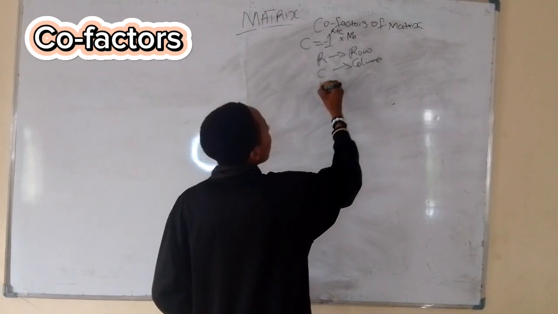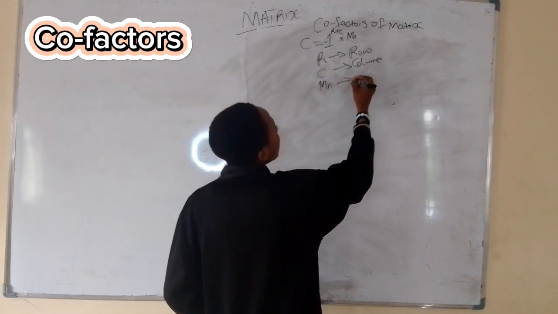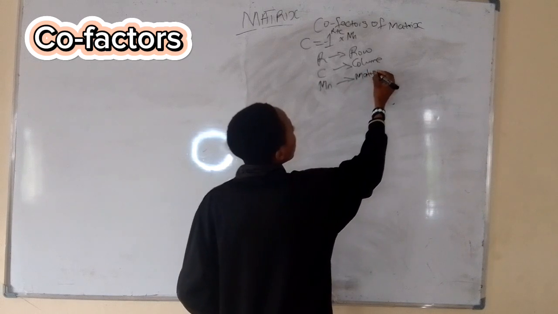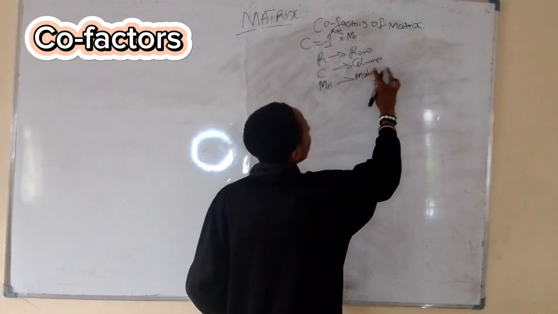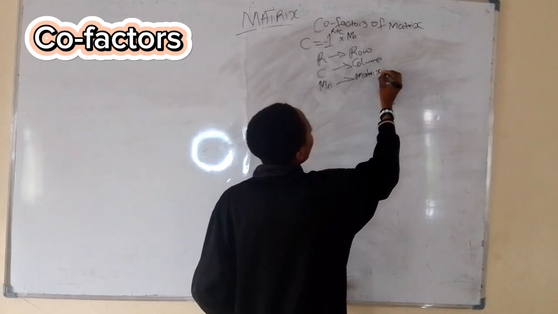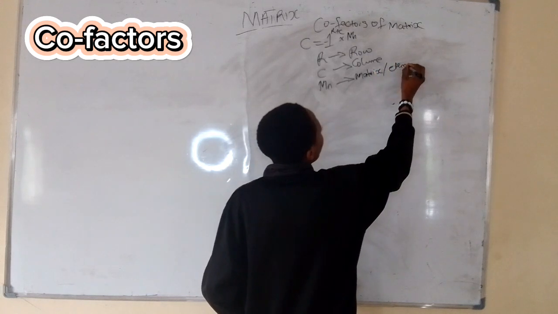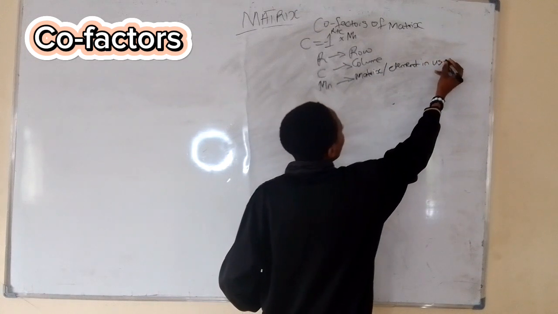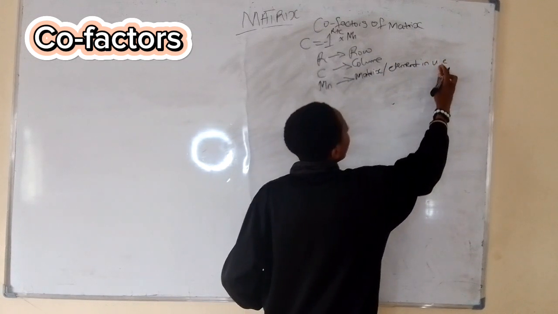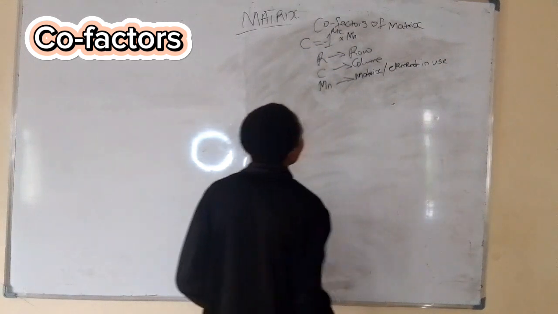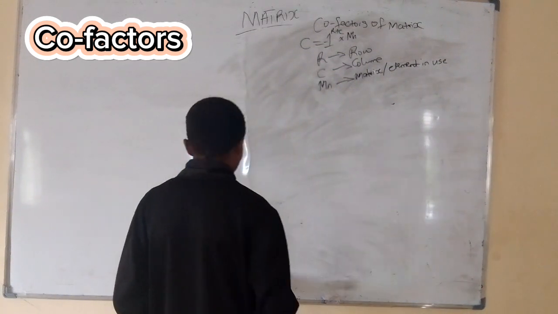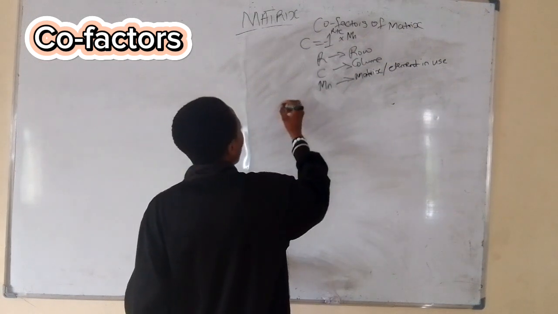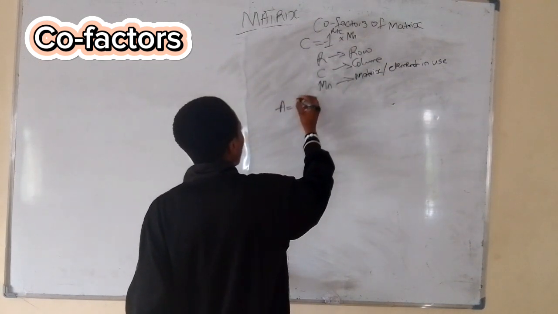Then N is the element that you are using. So now let's solve something with it. For example, we have A equal to